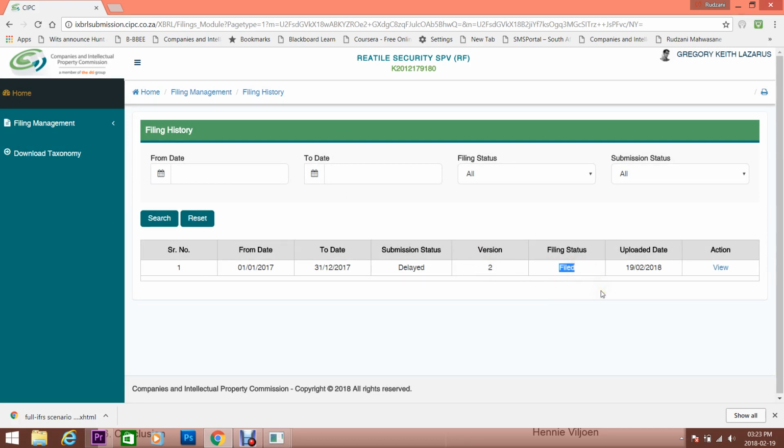Now as you can see, we had uploaded 2 files, but only one file has been added in here, which tells that whichever upload is successful will be displayed here. So this particular filing has been sent to CIPC, and that's why it's been added in here. As you can see, the action column has a view button. If you click on that,